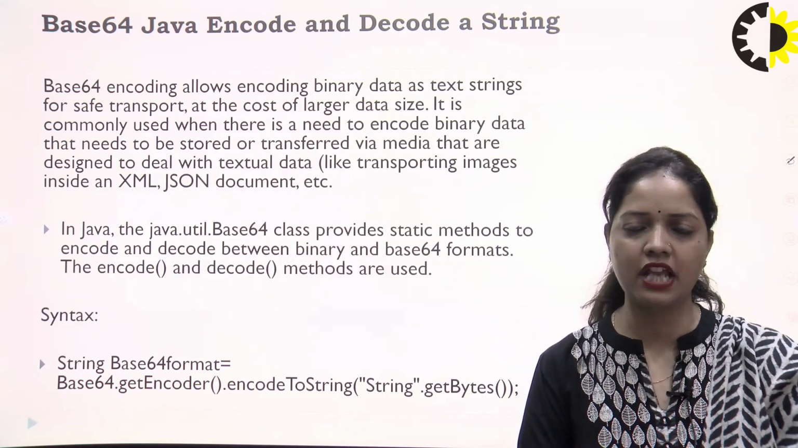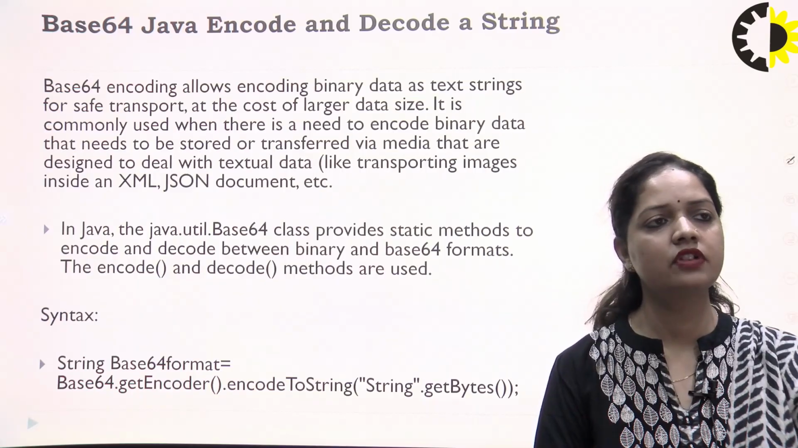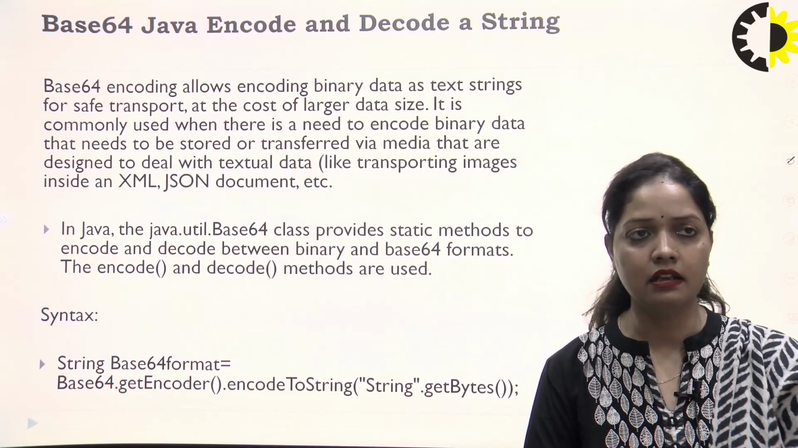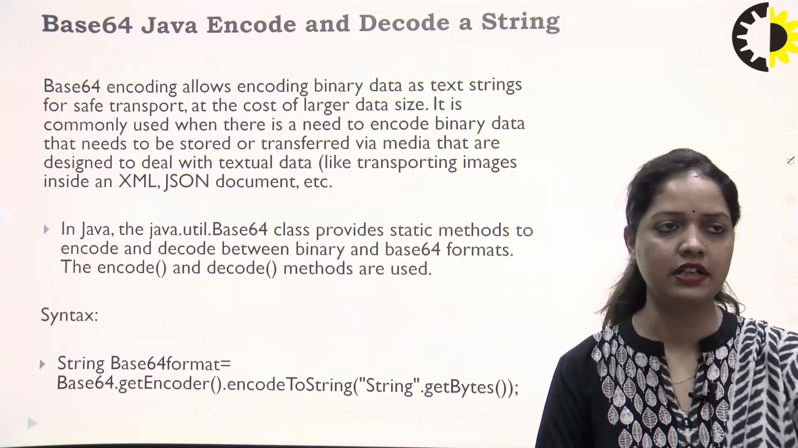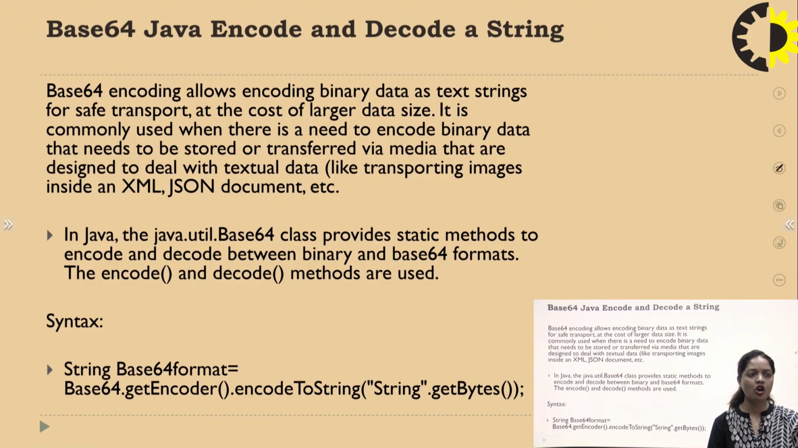So what is Base64 encoding and decoding and why is it used in Java programming? Base64 encoding allows encoding binary data as a text string for safe transmission of data, and it is a cost-efficient way for large data sizes. It is commonly used when binary data needs to be stored or transferred via media that are designed to deal with textual data, like transferring images or XML, JSON files, documents. For using this Base64 encoding and decoding concept in Java, the package used is the java.util package, that is the Java utility package,